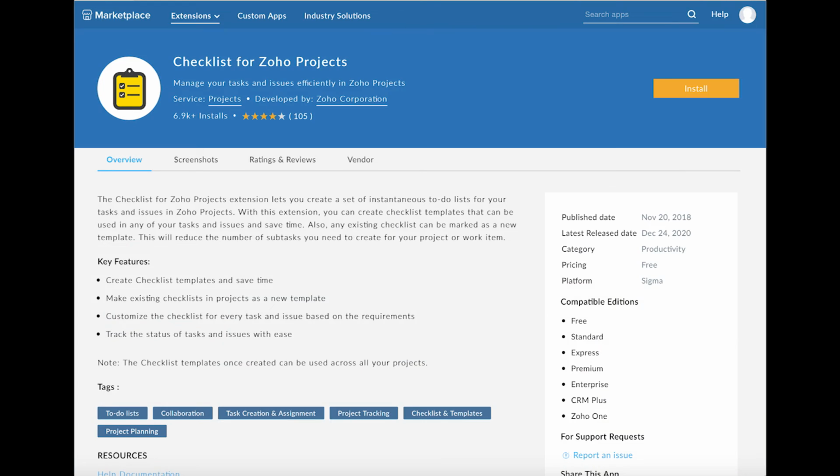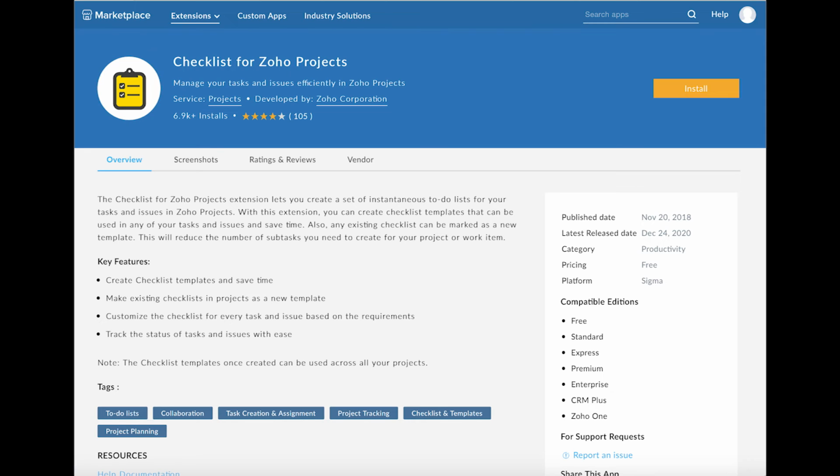Now let's see some live examples of extensions that are present in Zoho Marketplace so that we can have an idea of how widgets are efficiently being used in our day-to-day business. Now let's see a widely used extension for the service Zoho Projects in our marketplace, which is named Checklist for Zoho Projects.